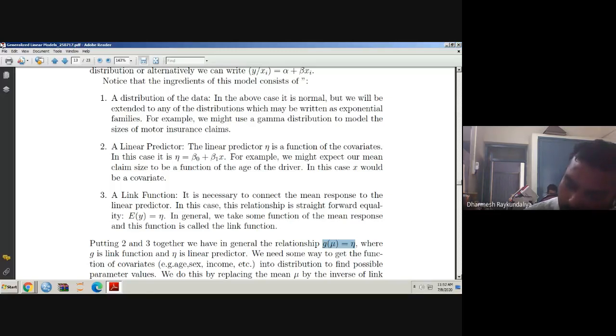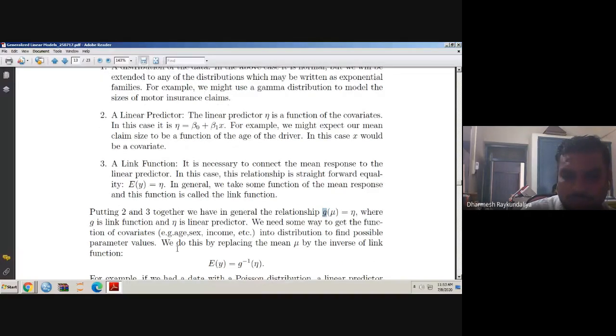So we have mu equal to eta, and that is how we are writing expected value of y equal to eta equal to beta 0 plus beta 1 x. So here eta is said to be a linear predictor and G mu is said to be a link function. And in the linear predictor we have some covariates and other things, so that we have to see. So